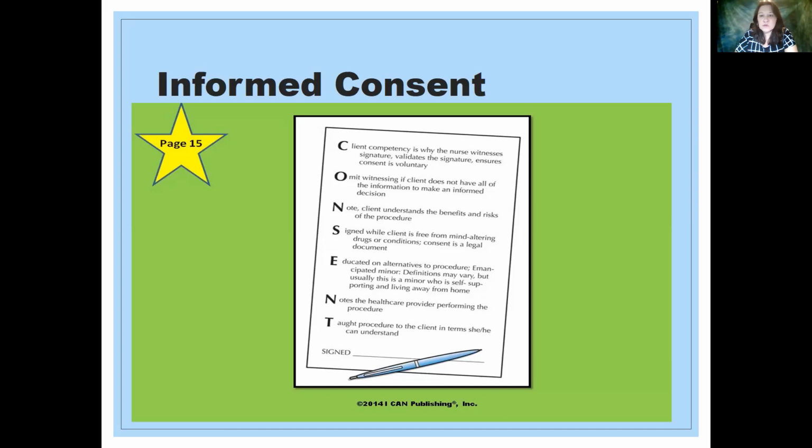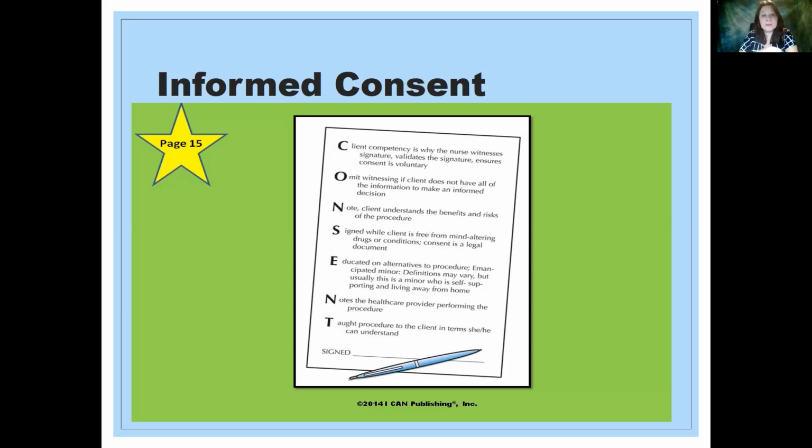Back in 1914, there was a physician who removed a tumor from the abdomen of a patient. The patient had only told the doctor that they just wanted to figure out what was going on, but the doctor was in there, figured out what was going on, and said, you know what, there's a tumor here, I'm going to go ahead and take it off. The judge in this case ruled that the physician was liable for battery because he violated the individual's fundamental right to decide what was being done with his organs, or his body.